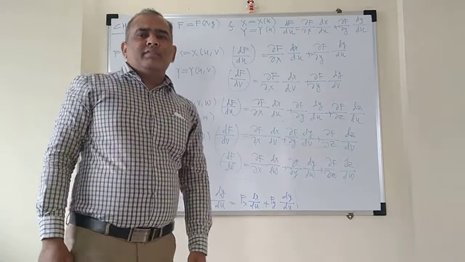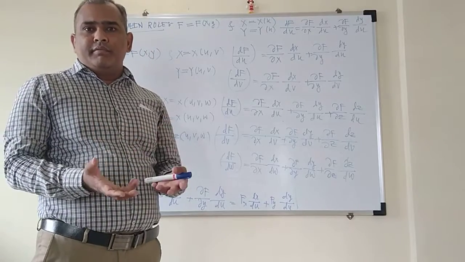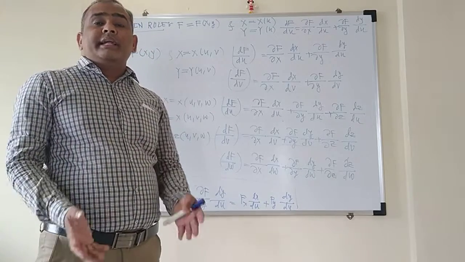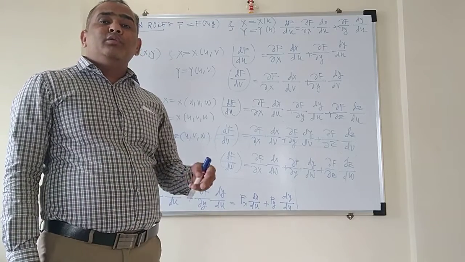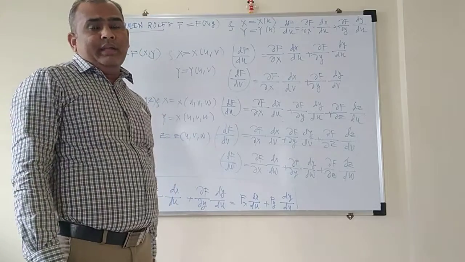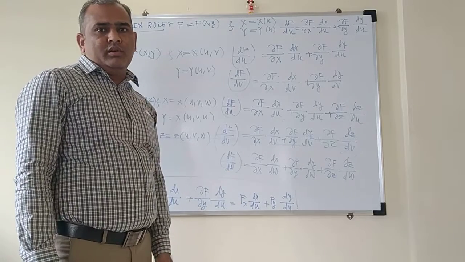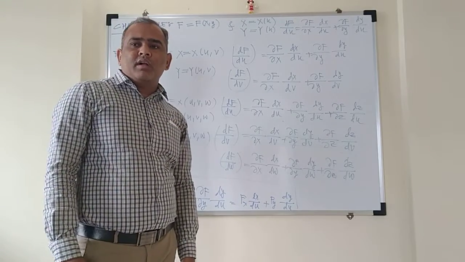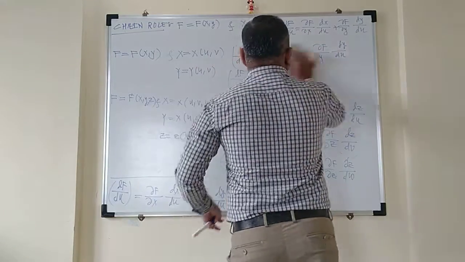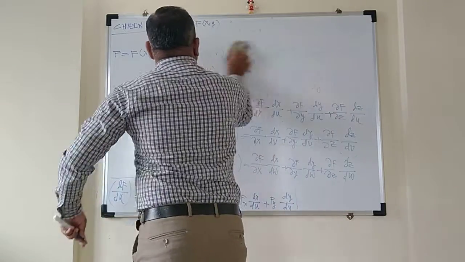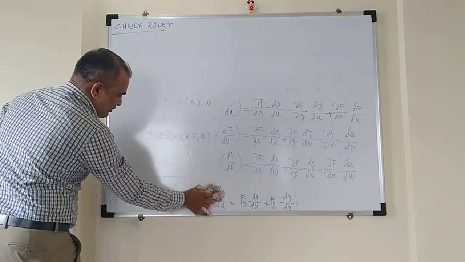If your original function f is a function of 1, 2 or 3 independent variables, and the independent variables x, y, z are again functions of 1, 2, 3 or more variables, then you can write the formula for chain rule and solve the problems. So let's go for a problem based on the chain rule. Hope you have understood this chain rule concept, and you can easily write the formulae for the chain rule.